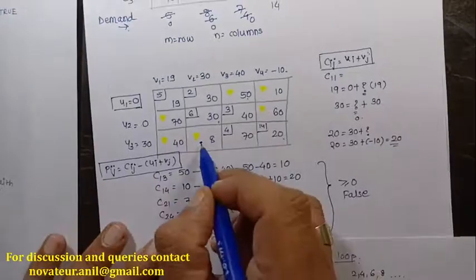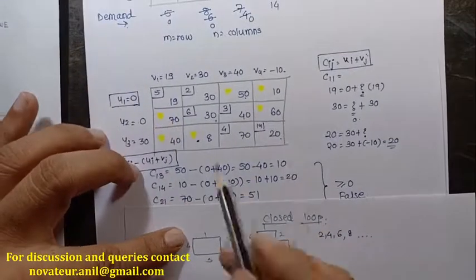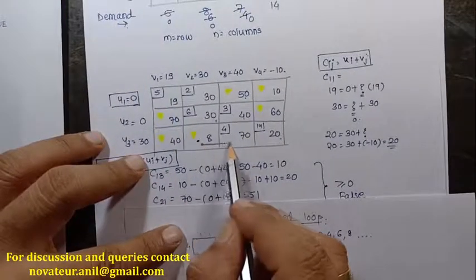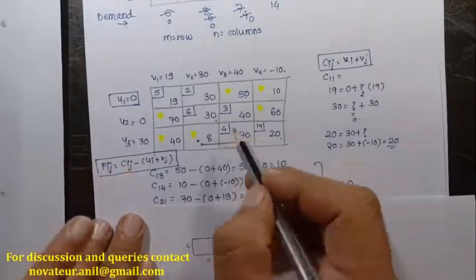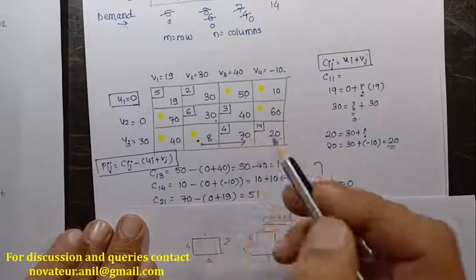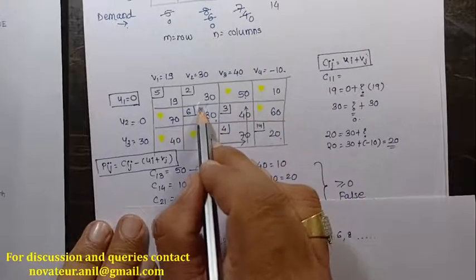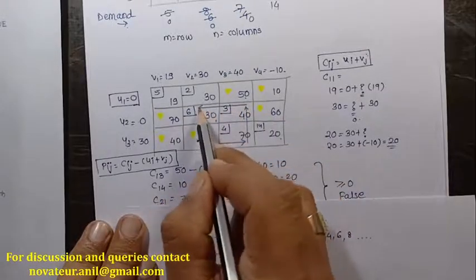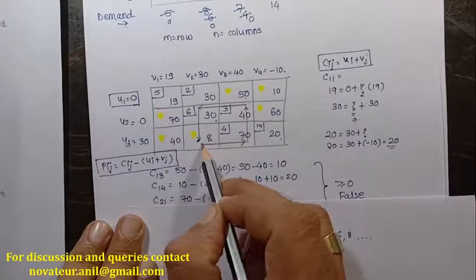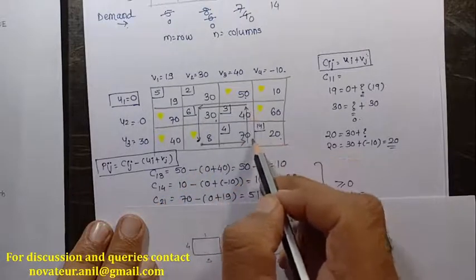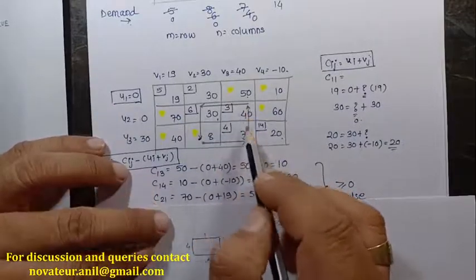So here, for this particular cell, the closed loop can be formed by drawing an arrow like this. I'll start from here and search for the closest occupied cell. What is my closest occupied cell? The cost value is 70. Then I again go to the nearest assigned or occupied cell, then this is the next one and this is the next one. Somebody would say I will start from here and go to 30, then 40, then 70. Okay, no problem. Only thing is that you need to go with the nearest occupied cells.